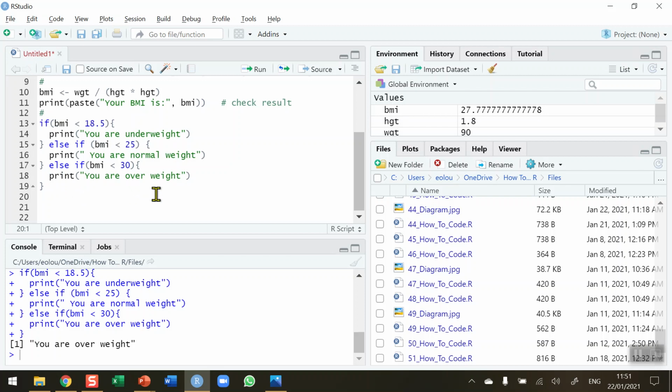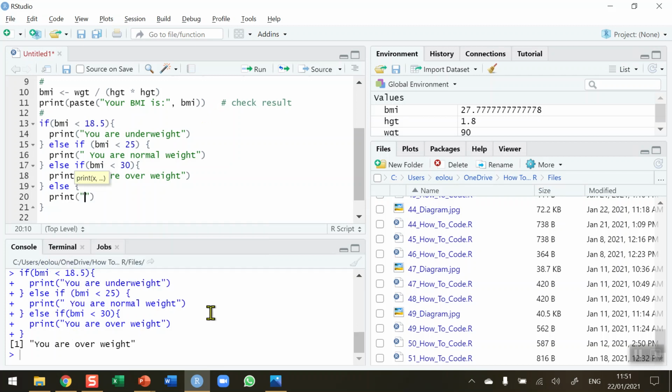And fine, what happens if somebody is over 30? We then need a further else condition. So we don't need an else if this time, just a simple else statement, E-L-S-E. And we don't need to test for any condition here because if any of the above three conditions are not true, then this statement is going to be executed. So an open and close curly brackets and a print statement